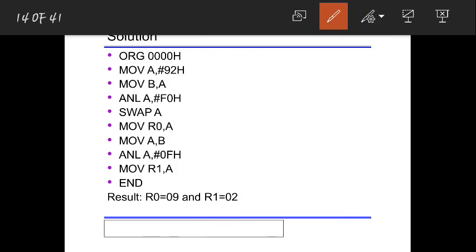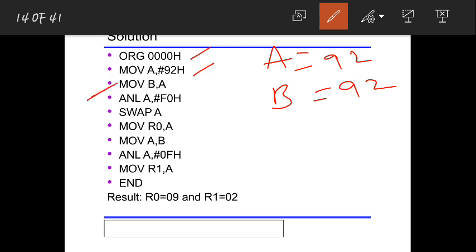So for that we'll see the program now. The program is, the starting location is 000H. First, this is the packed value which you move into the accumulator. Now the accumulator is equal to 92H in this case. Here again, I moved that 92 into B. Why am I doing this? I am always trying to move that value into B because if I use this accumulator here, the accumulator will be changed, because once I apply this operation F0 to this AND operation,